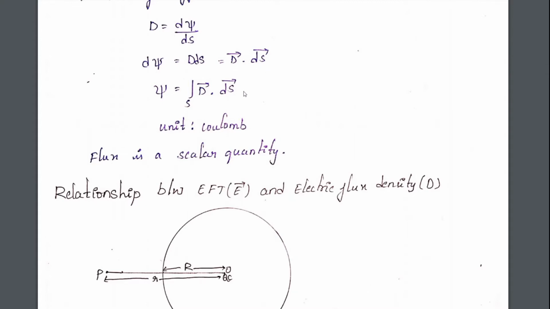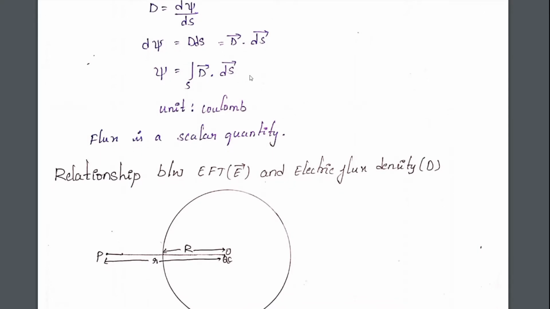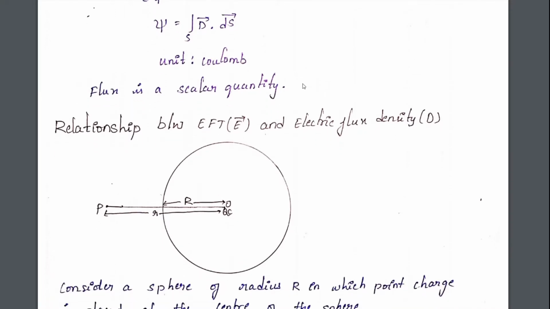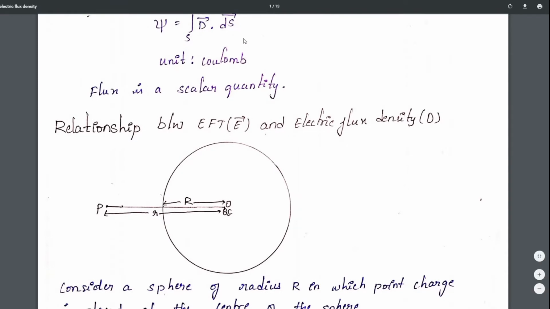And once you get the d psi value, if you want the total psi that passes through the entire area, you can integrate on both sides. So LHS becomes what? Integral of d psi is psi. RHS has ds here. That means it's surface integration. When you write the symbol for integration, for surface you should write S, for volume you should write V, and for line it is denoted as L. So integrating the above equation, LHS will become psi, RHS will become surface integral of D dot ds. So this is the relation between flux and flux density.